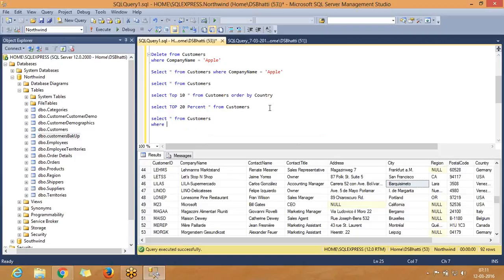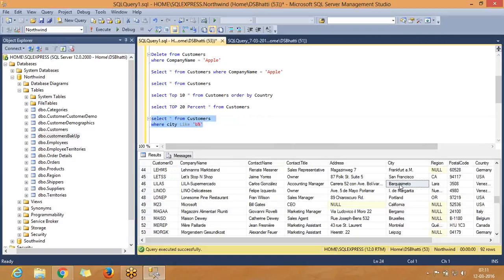We write where city like. The like operator we are going to use, and we specify in single quotes B percent. So what does this mean? B means give me all the results in which the city name starts with B, and percent is a wildcard character, meaning any number of characters can be there after B. It can be a city with only three characters, or a city with 15 characters as well. So it will give me all the cities which start with B. If I run this one,